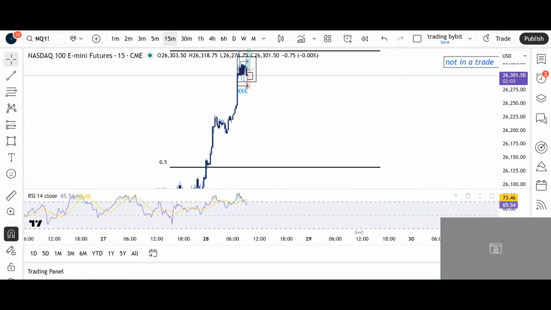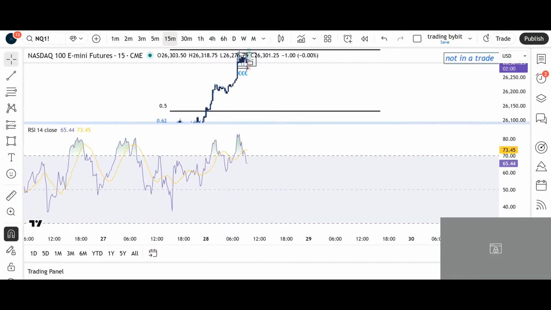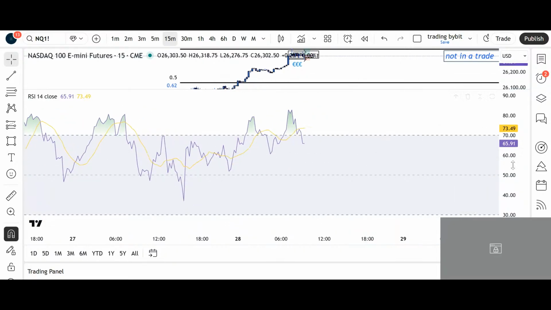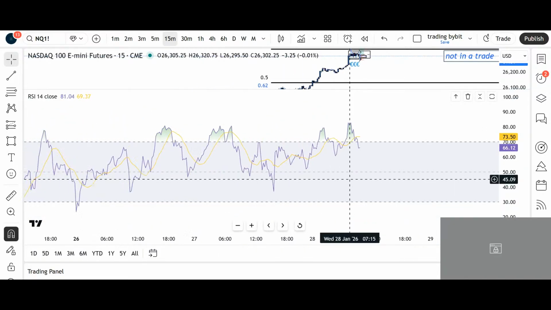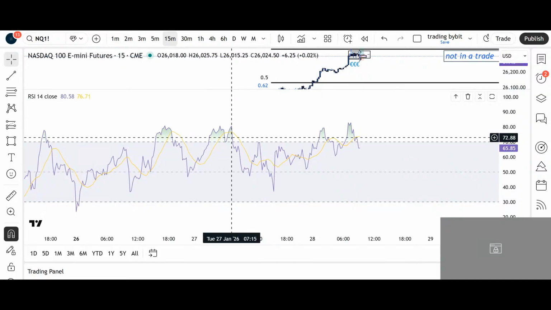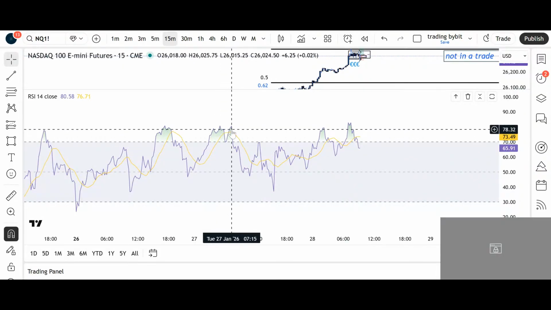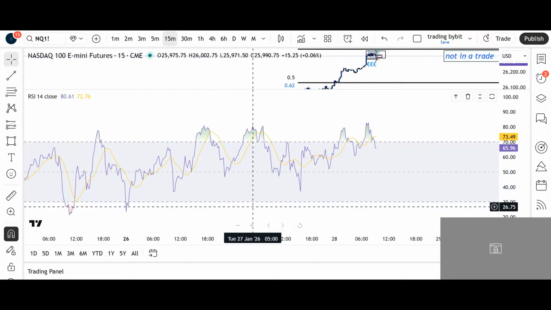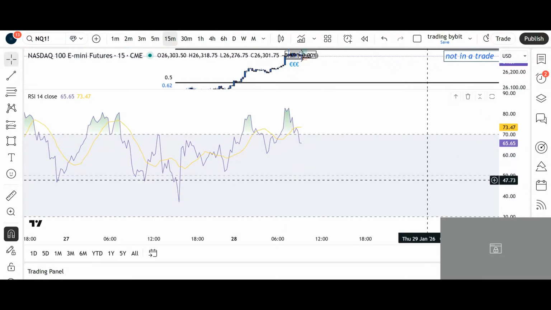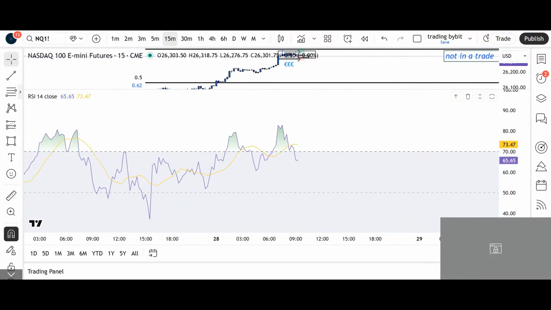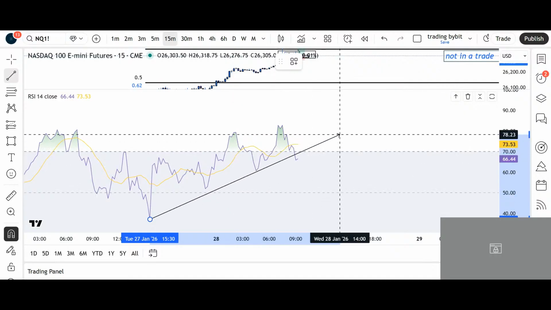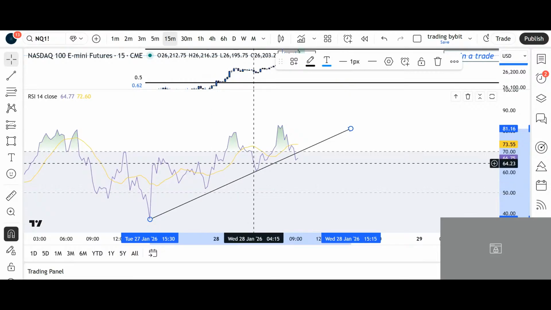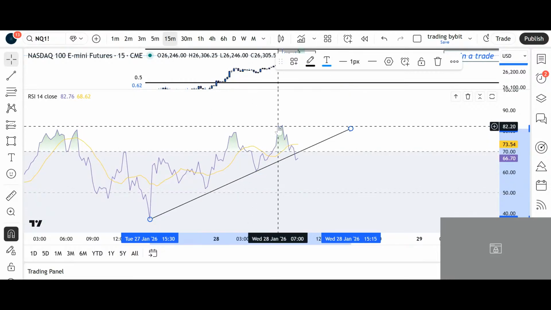So how do we use RSIs? If we are in a higher territory, I'm going to go over this. This is something that you probably never heard before. This is why it's so important to know this. It's not because we are above in this higher area that the market needs to change or shift direction. What is important is how the market is actually moving. So if we are making a line direction, look at this, constantly higher. So this is a higher low, higher low, higher high, higher high.